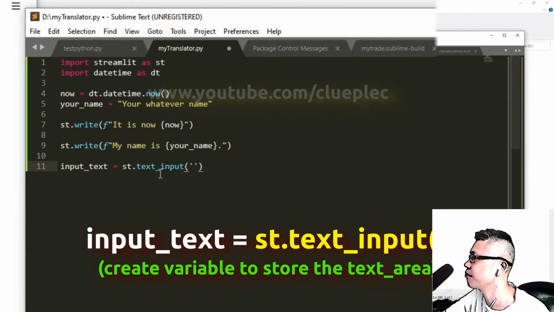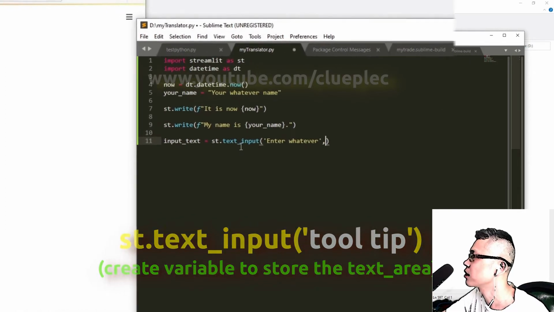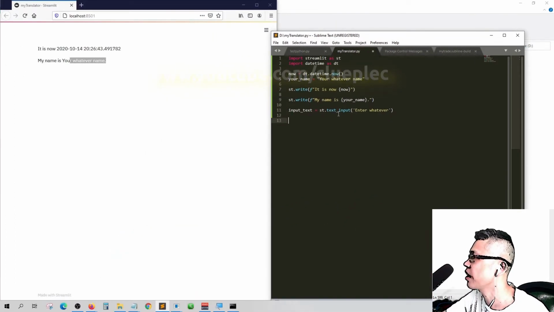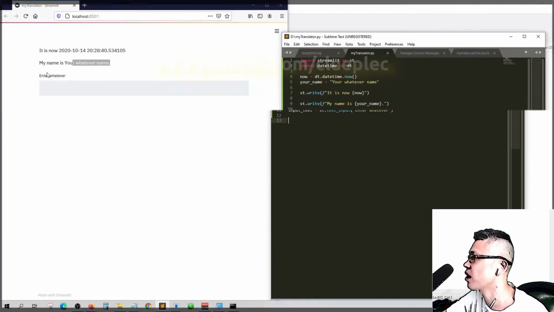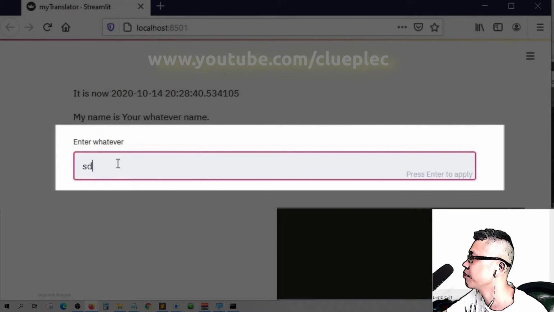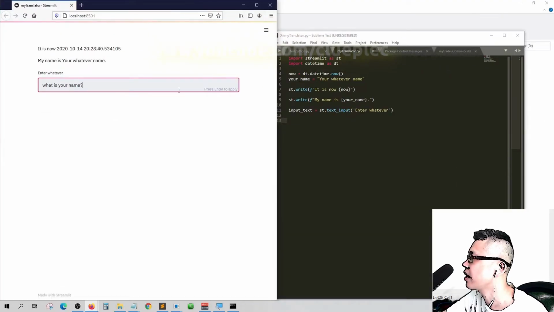Inside the brackets, the tooltip, just enter whatever, comma, okay, and then you can Control S. Now you see this whatever text area. Let's type what is your name. But after that, I have nothing to do with it, right?